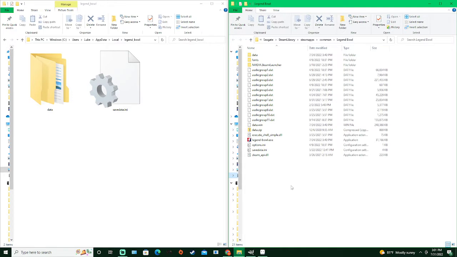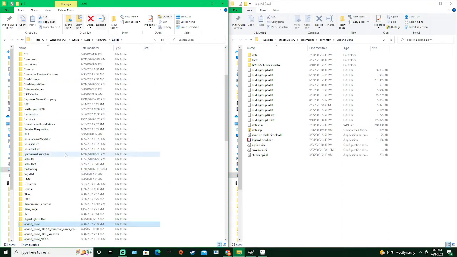So first thing I wanted to do is get the correct folders open. So we're going to need our local folder open, so we can get to the Legend Bowl where the game boots from. And then we're going to need our Steam apps folder open as well. And generally you never want to touch these Steam apps because if you change stuff in here, you can corrupt stuff and your game's not going to boot and you're going to have to reinstall. But in order to do a mod, there's some files in here that we're going to need that don't show up